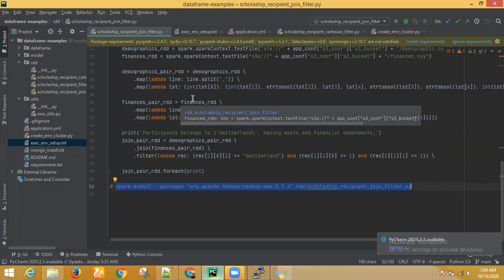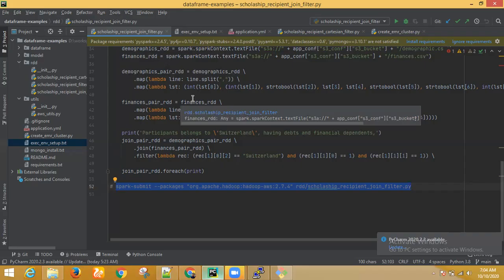Then you create an EMR cluster. An EMR cluster is not a fancy thing, rather it's a whole bunch of computers. One is a master computer and the rest are all worker computers. As a developer, you will always be connecting to the master node, which has a DNS name or IP address that you log in to. There you check out, or download, the code from Git. Once you download that code, you can execute it there.